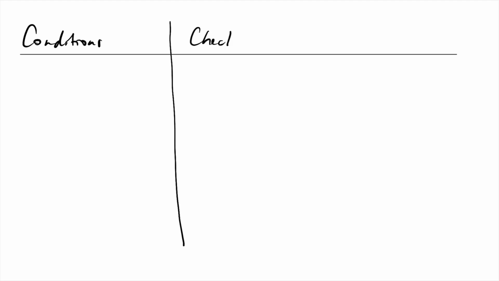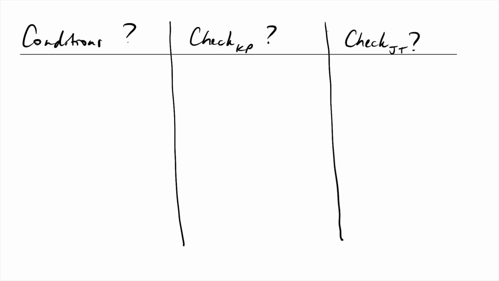So I'm going to check for KP, and I'm going to check for JT. So number 1, SRS. So how were those 15 posts selected? Randomly. They were randomly selected. Okay, so we can put stated.